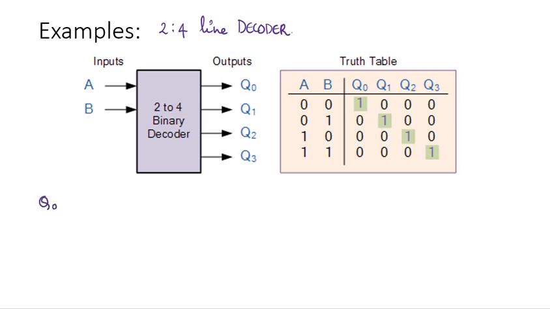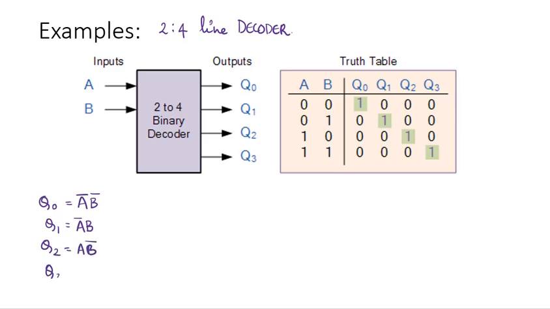So we can observe that for each input combination, only one of the output lines is at logic 1, and that is being highlighted in the green color in the truth table. So the implementation of the truth table